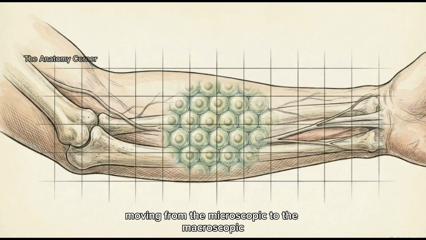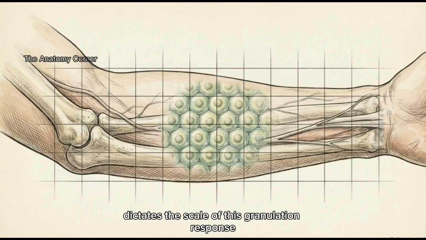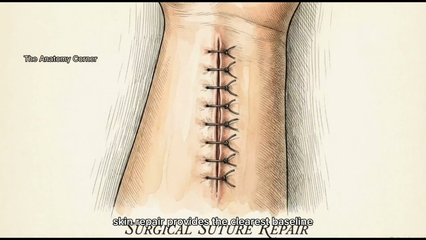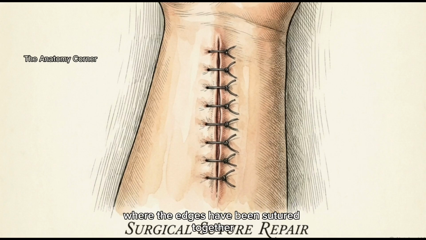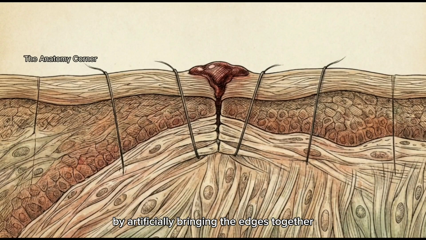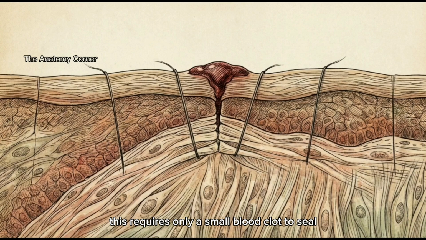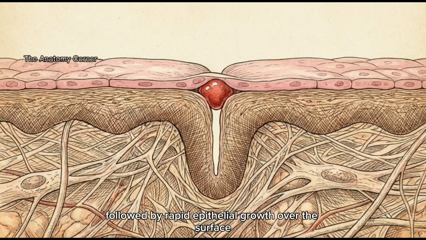Moving from the microscopic to the macroscopic, the physical geometry of an injury dictates the scale of this granulation response. Skin repair provides the clearest baseline. Healing by primary union, or first intention, occurs in clean, surgical incisions where the edges have been sutured together, resulting in minimal tissue loss. By artificially bringing the edges together, the surgeon creates a very small microscopic defect. This requires only a small blood clot to seal, followed by rapid epithelial growth over the surface, leaving a thin,